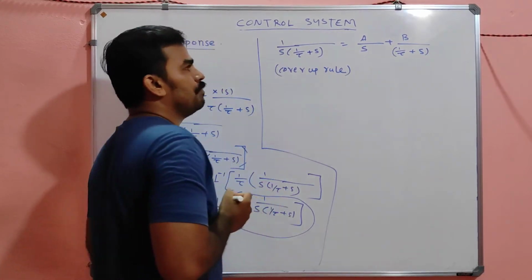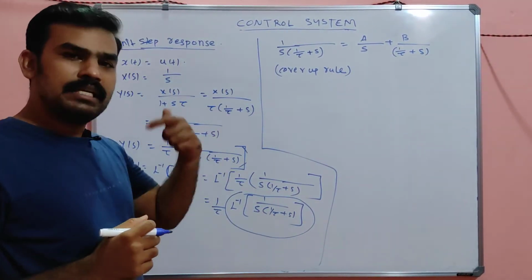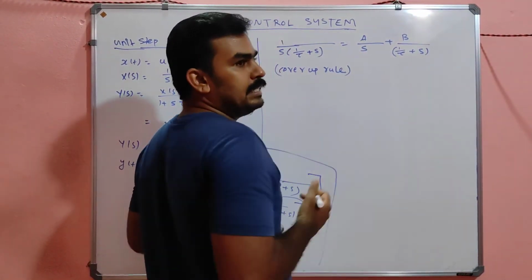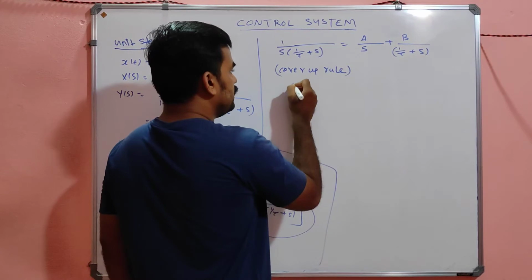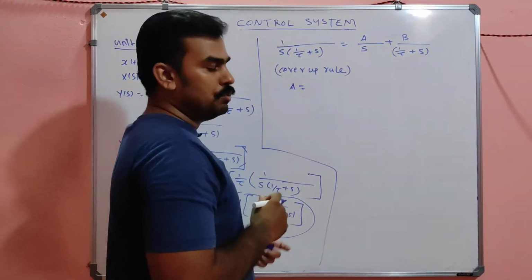It's a rule called the cover-up rule. So you can use that rule and find the values of A and B very easily. So what is A now? For getting the value of A, my dears, what you have to do means,